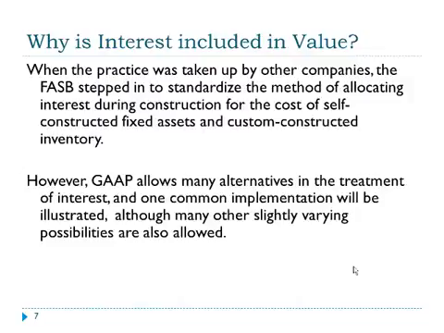When the practice was taken up by other companies to include interest in their self-constructed assets, the Financial Accounting Standards Board stepped in to standardize the method of allocating interest during construction for the cost of self-constructed fixed assets and custom-constructed inventory. However, generally accepted accounting principles allows many alternatives in the treatment of interest, and one common implementation will be illustrated, although many other slightly varying possibilities are